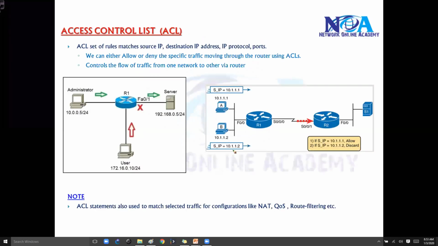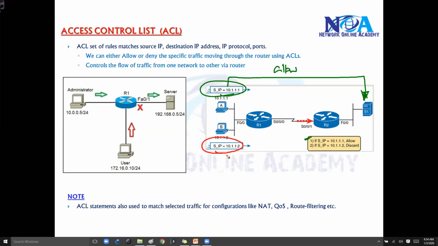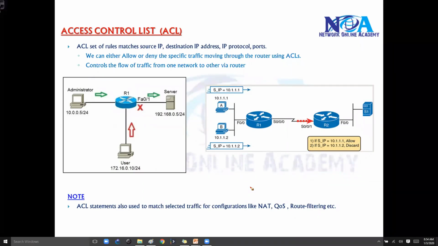Because when you enable the communication between different networks, you may want to restrict some specific traffic. Like here, one more example: if the source address is coming with this address and it is trying to access this particular server one, I'm going to say permit, that's a rule. And if the source address is this 10.1.1.2 and it's trying to access this destination, that is the server, I'm going to say discard, basically drop the traffic. So basically ACLs are mainly used to specify what traffic should be allowed or denied.